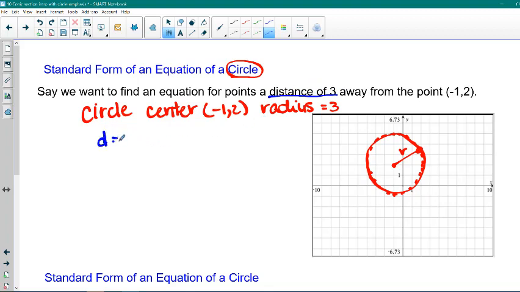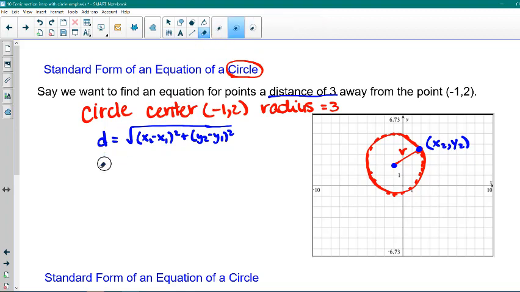So we recall our distance formula. D is equal to the square root of (x sub 2 minus x sub 1) quantity squared plus (y sub 2 minus y sub 1) quantity squared. Okay, so let's call this point (x sub 2, y sub 2), and we have this center at the point (-1, 2). Let's find the distance between these two points. So our distance, which we know is 3,